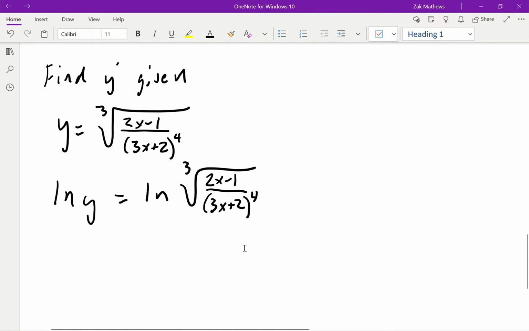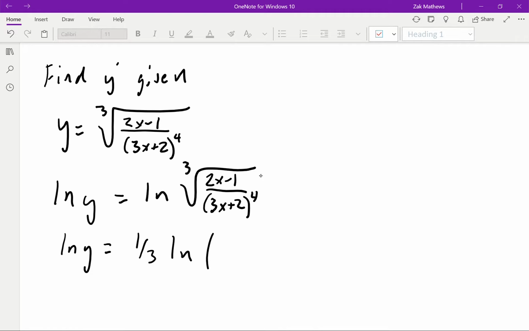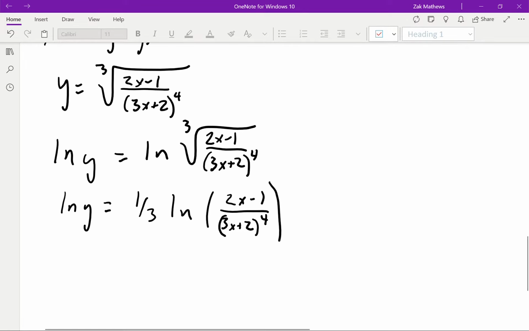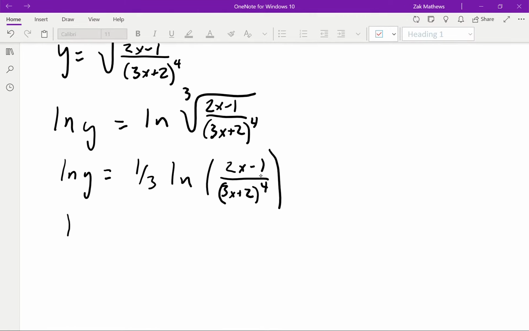So before I actually go taking a derivative, let's see what we can do over here on the right hand side, because we can simplify a lot of things here. This cubed root, I can bring that exponent to the front as a 1/3. So I'd have 1/3 the natural log of (2x minus 1 over 3x plus 2) to the fourth. So notice we've just eliminated a chain rule that we would have to use. I continue working with this. With logs, I know that I can break apart division as subtraction. So I can write this as 1/3 natural log of 2x minus 1 minus 1/3